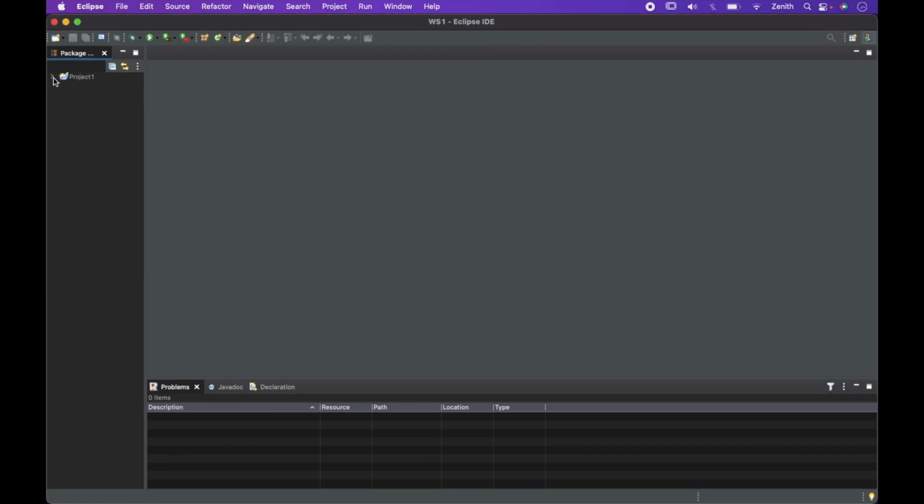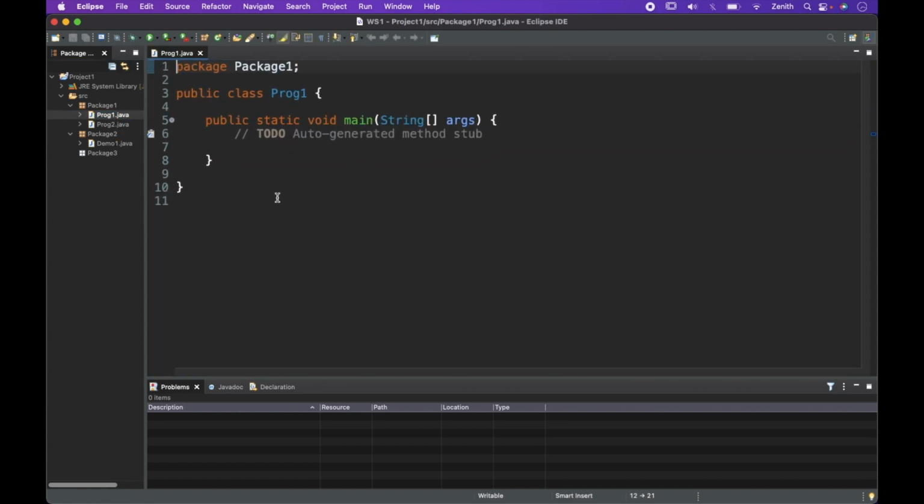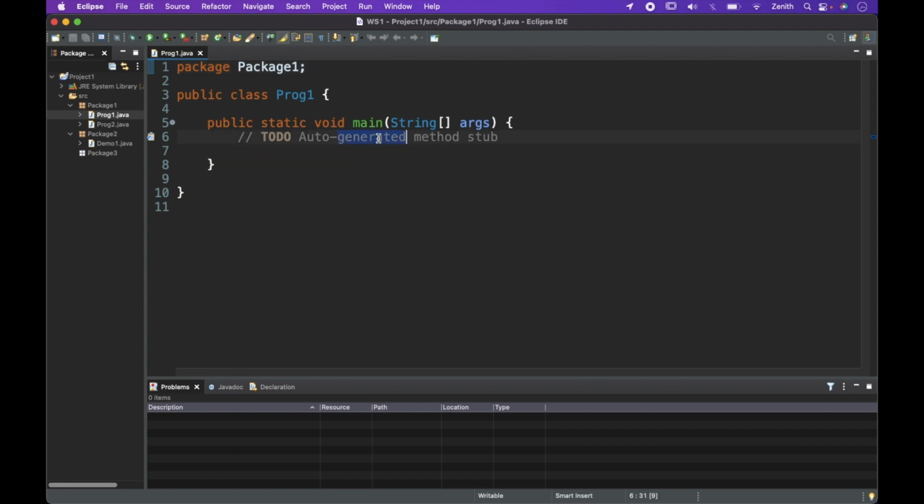Now let's open our project. So this is our project, then this is our source folder where all the packages and classes are available, and these are package 1, then package 2, and package 3. Here no class is present, so that's why it is shown in white color and it is in brown color. So this is the program 1, and this is not required. Now after that